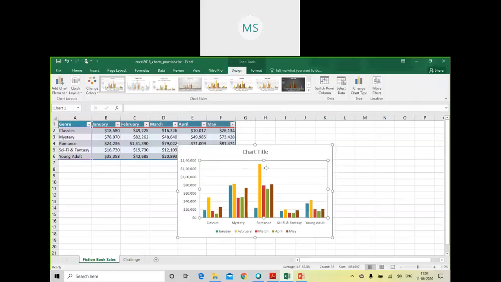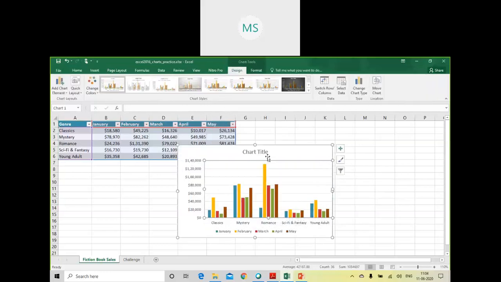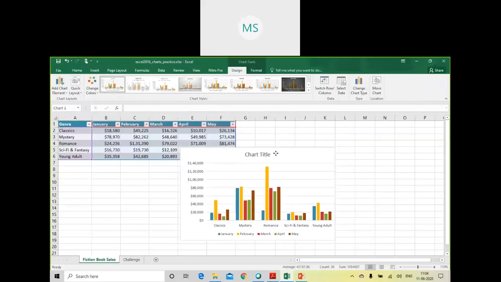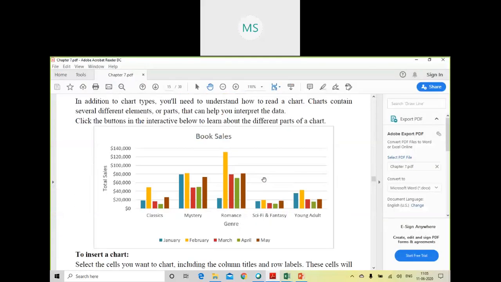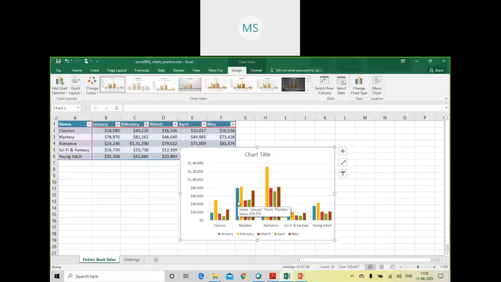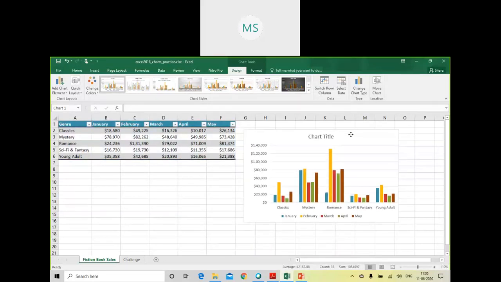The moment I do that, you can see that this is a chart which I have seen in the previous example. This is the chart which has been inserted, and the moment you click on insert chart, the chart is automatically inserted in the same worksheet in which you are working, where your table was.